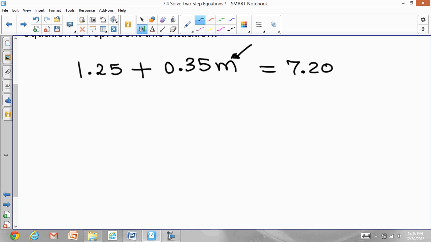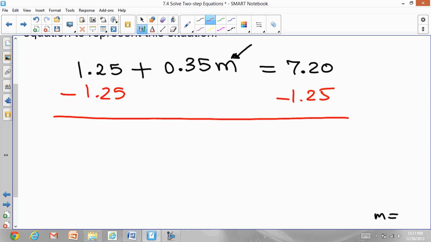Now comes the solving. You want to find what M is. So the only way you're going to figure out M is to get rid of the number which does not have a letter to it. So you want to get rid of this and this. The easiest one to get rid of is 1.25, which you're adding. So the opposite of adding 1.25 is minus 1.25 on the left and minus 1.25 on the right. Put a line. The line separates the step that is being done. Cancel these two, and now you have